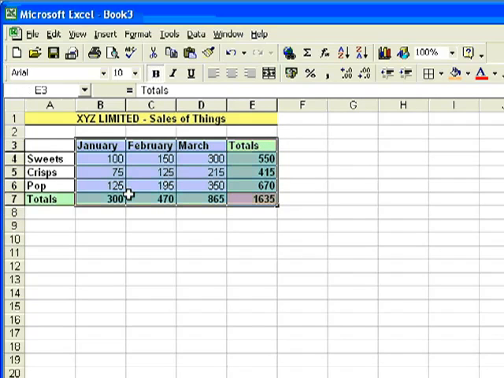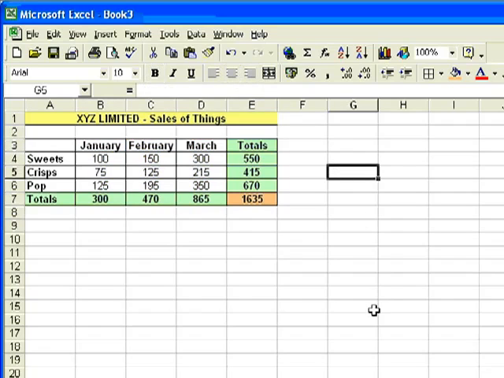Because we haven't got decimal places on there, I'm going to centre all those numbers so they all look nice and neat. You wouldn't perhaps normally do that with counting numbers, but just for this example I'm going to do that. The last thing I want to do is create a chart just to illustrate how the different products compare